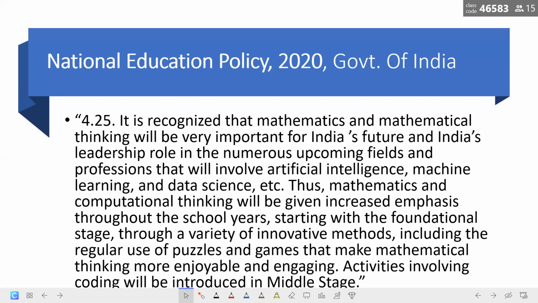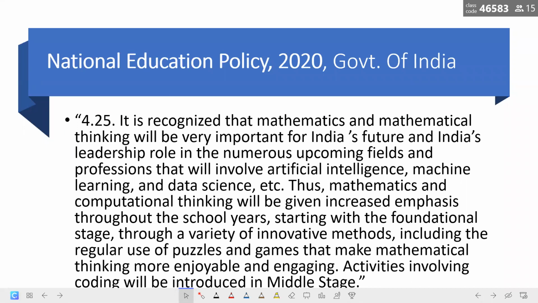5+3+3+4. So a child is expected to join the formal school system at the age of 3 years. We are going to make preschool formal or mandatory across all the schools in the country. We are going to create many preschools as well. So when a child joins school at the age of 3 years, the initial 5 years